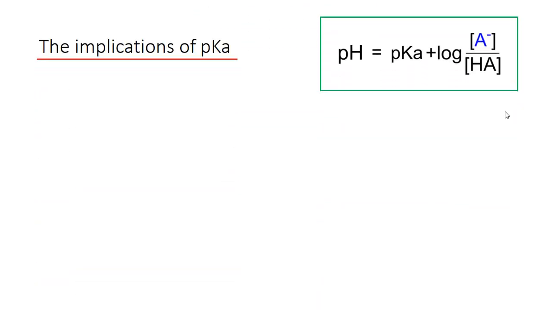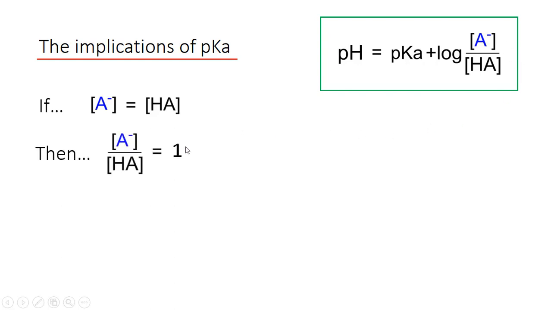So before I continue, this equation is really the important thing from this video, to be able to understand how we work out the pH of a weak acid and how we come about finding this equation. That being said, this equation does contain pKa, so it tells us a bit about the role of pKa. Okay? So if we take the example that the concentration of A minus, the concentration of conjugate base, is equal to the concentration of the undissociated acid, then here, when they're in the equation as a division, one over the other,